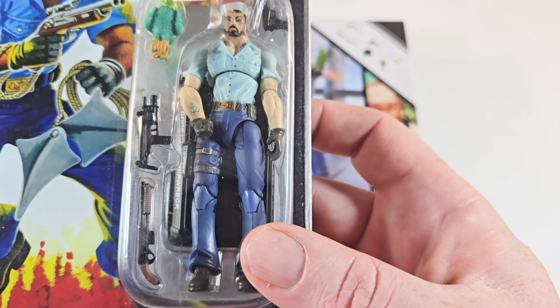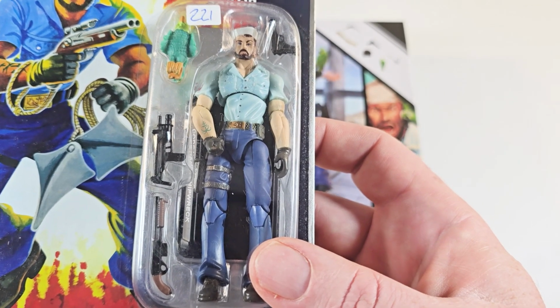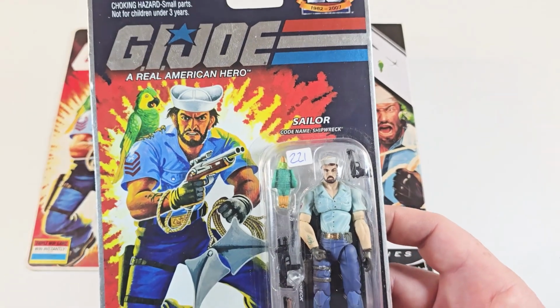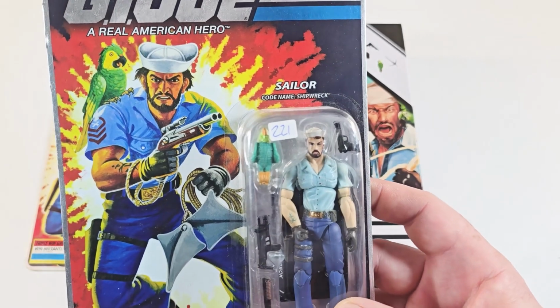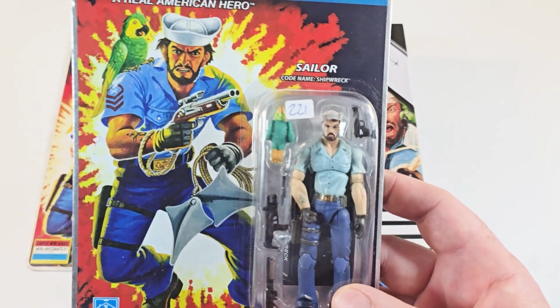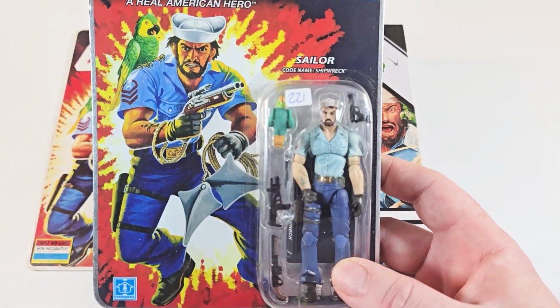Okay, so you see he has an anchor tattoo. So there's another tattoo. Then he also has a printing on his belt, which is not on all of the figures. So yeah, this makes it a bit high-end collectible. So I think I do have both versions of it. I don't remember about the belt, but I do have a whole bunch of them,